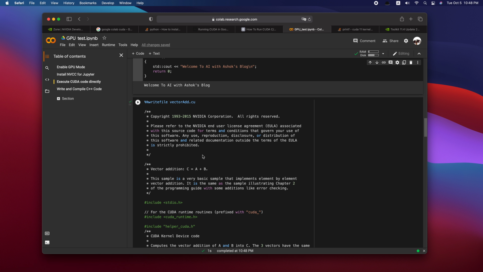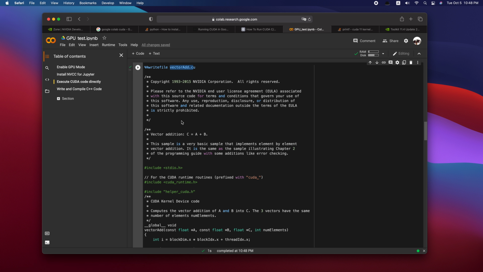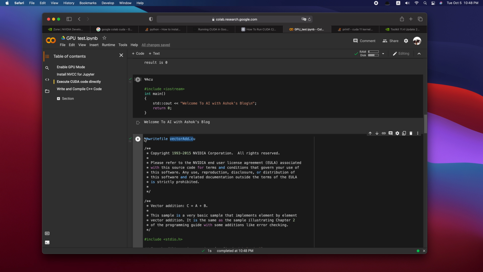I just don't know what happened, and I copied the official vectorAdd source code from the CUDA toolkit installation on my Windows laptop to here, and tried to make it run.